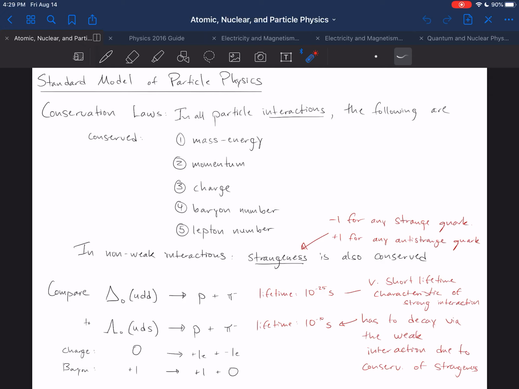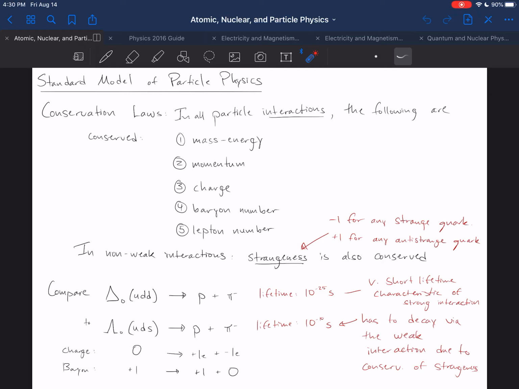Well, as it turns out, there are a lot of questions that can be answered by simply paying attention to a whole bunch of conservation laws that apply to particles. Now, some of those we've already seen. We know that mass energy and momentum are conserved in particle interactions, and we have seen that charge is also conserved. But as it turns out, charge is just one of a number of quantum numbers. It's a weird thing to say, but charge is just one type of quantum number that is conserved